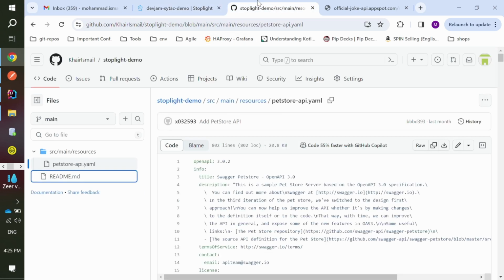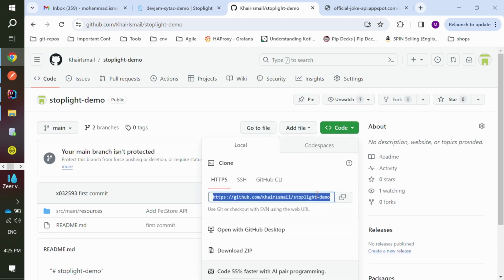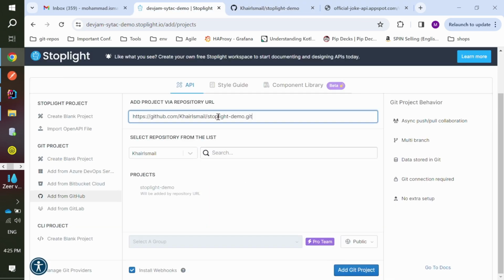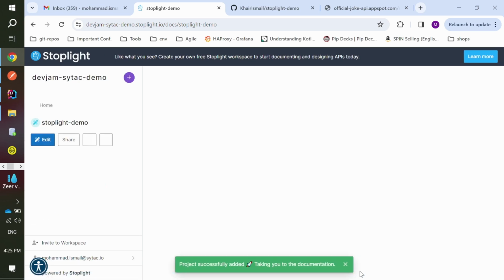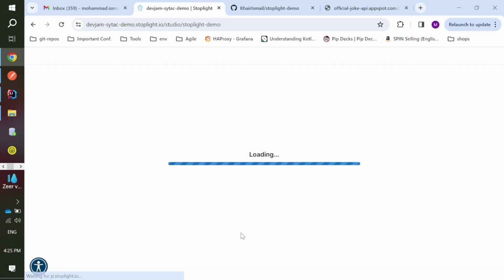Yes, so now it's connected to my GitHub account, and I need to give it the URL of this repository. And then we can add the project. Okay. So now I have my project, and if I click edit,